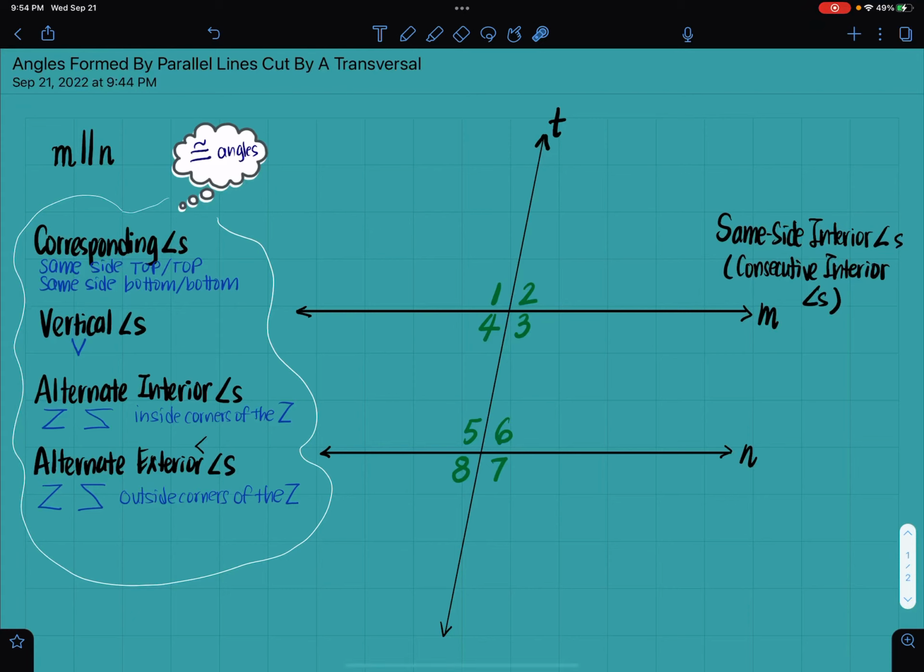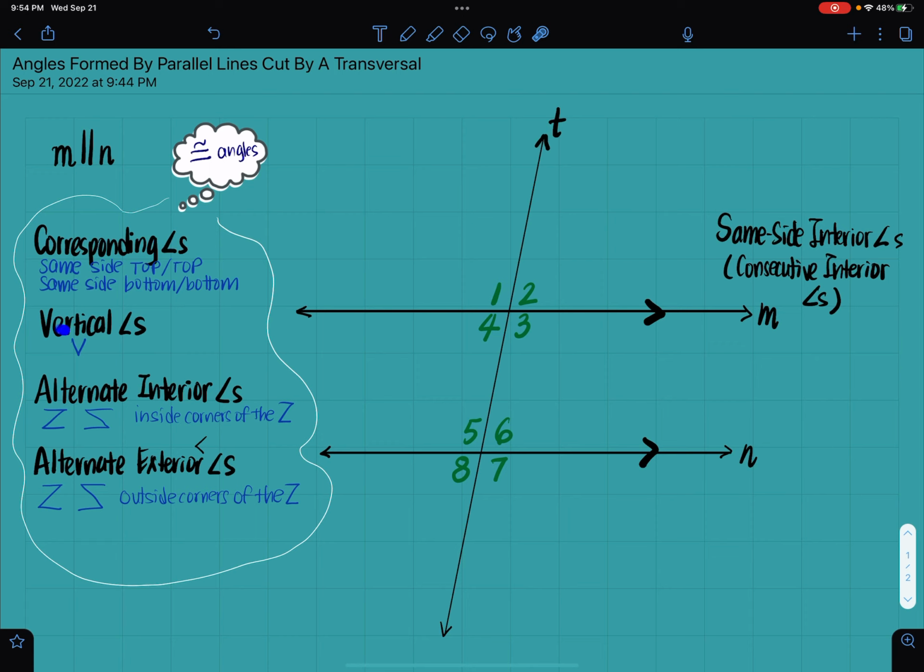Line M is parallel to line N. So once again, line M is parallel to line N. And if we wanted to show the rule on the picture, we put arrows. So this shows parallel. Now, if you notice over here, there's a few vocabulary words here on the left, and